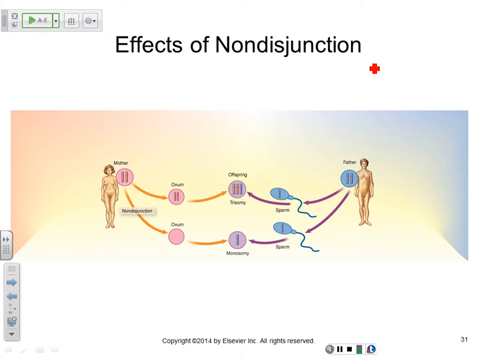For the most part, you get the 1 Y, and you get multiple X's. For the most part, for all the boys, like the Klinefelter syndrome that we're going to talk about, you have 2 X's and 1 Y. So I would hazard a guess that it happens more with the females.